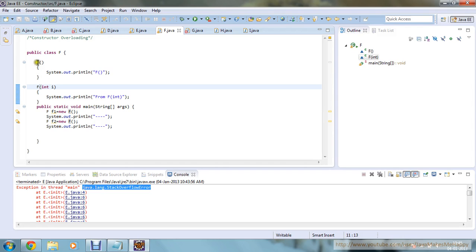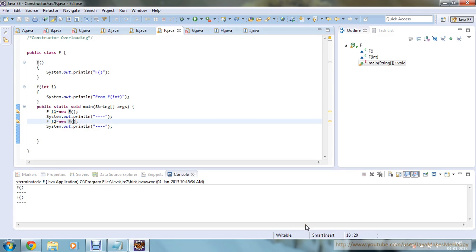Now I am declaring the same name in both these, f and f, but this is a default constructor type, and this is an argument constructor type. Now this is the overloading concept. From this particular main method, the output will be from the default block only, because we have not supplied any integer while creating this. But if we call this and supply some value like 10, it will compile successfully, and both the blocks will run. Now you can see that the f block has run,